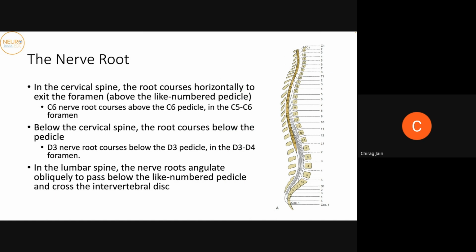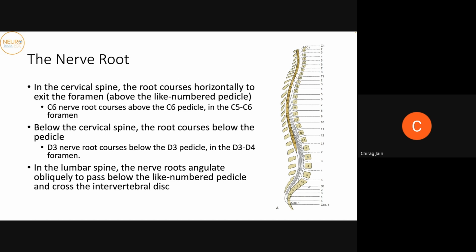Okay. Now coming to the nerve roots. In the cervical spine, a very important thing to remember, and I think all of us know this, is that with growth, the spinal cord is going to turn out to be much shorter than the spinal canal. Right? So that is why the cervical nerve roots will be coursing straight horizontally, while below that, from the thoracic point onwards, especially in the lumbar and sacral region, they have to course a significant amount inferiorly before they can